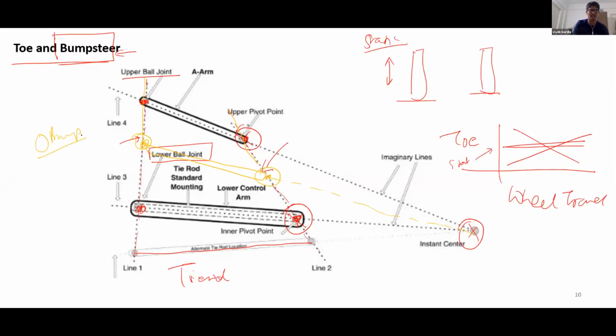To understand this in detail, I would say understand the four-link mechanism. I guess some of you can already visualize this, but if not, just go into the four-link mechanism details, and you will be able to understand this. So by positioning the tie rod properly, both the length as well as the position, you can avoid bump steer and hence maintain the toe angle